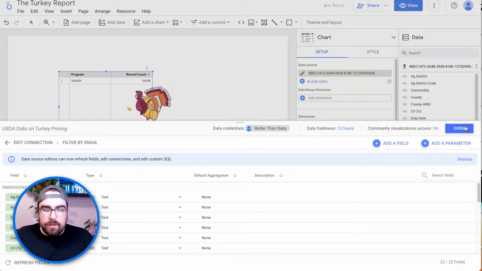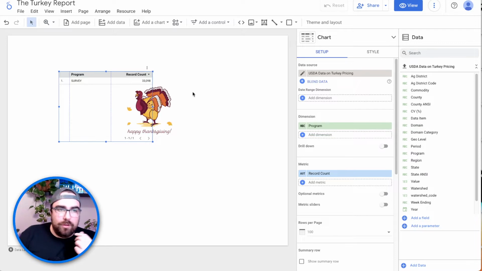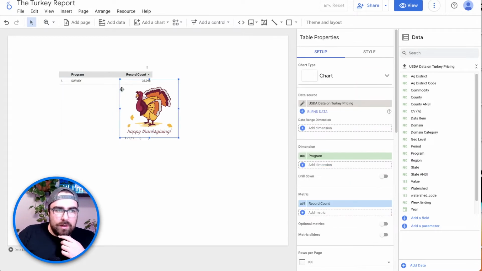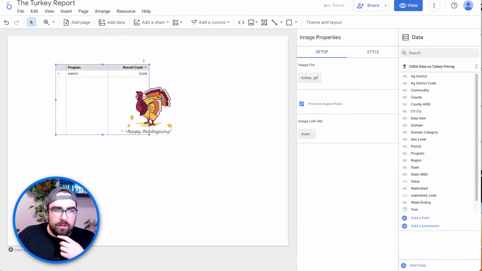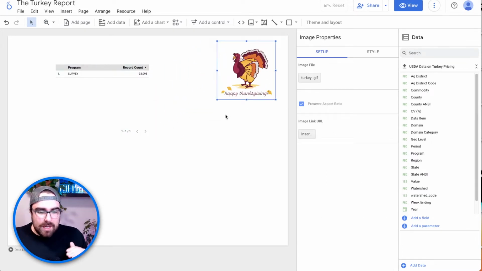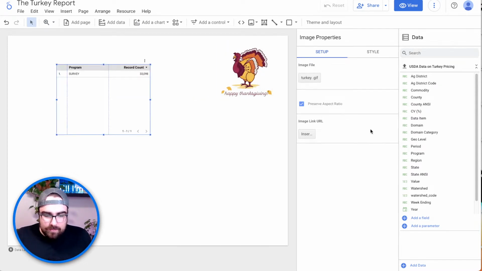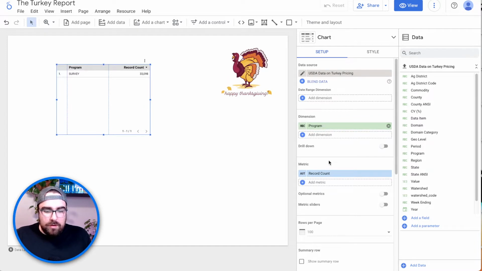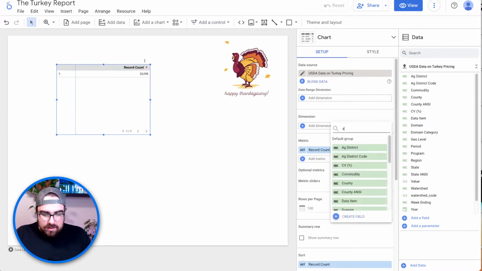All right. The first thing we're going to have to start with is questions. So what questions do we have around our beautiful turkey here? Let's move him out of the way. The question I would like to see is price broken down by state per pound. And let's just see if we can get there. Okay, so the first thing that we'll need is our dimensions and then our metrics. So the dimension that we'll need here is the state,